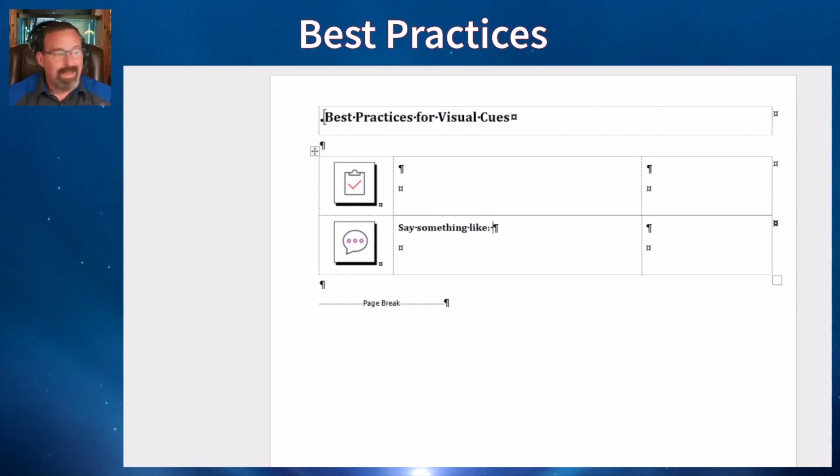So at a glance, as a facilitator, I see that icon and I know I have to say something. And then in one quick glance, I see "say something like" right next to it. Whatever else is underneath this, I have to get it across in general. So let's say I was to put in